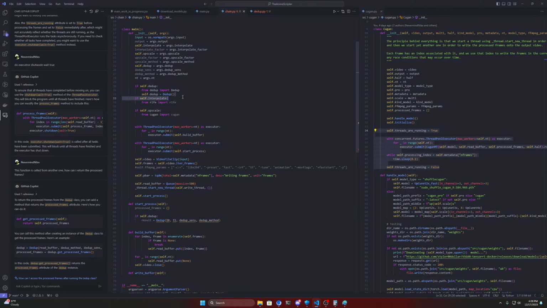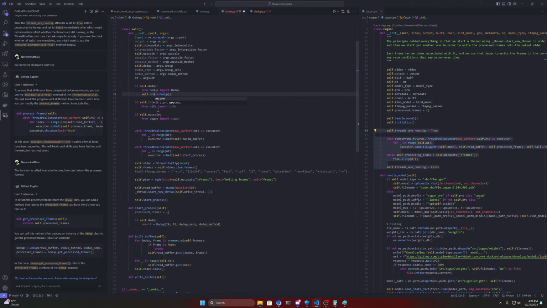No, this is actually ugly. Process 1. Oh, that's not good. Well, I can actually just remove this. Remove these, and then the dedup